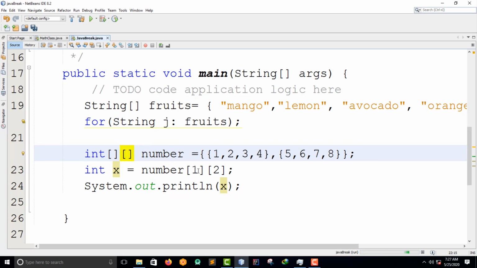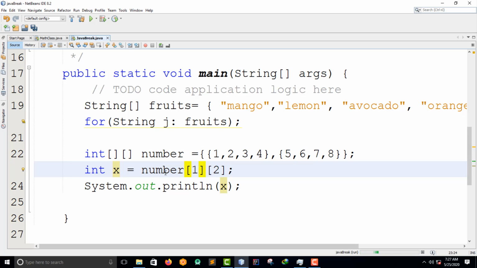So the first index here, I'm just specifying the index of an array. We have two arrays, and I'm specifying the index number of that array. The index of that array, which is 1, is this one, because this is 0 and this one is 1. So I said the second array, which is the actual number 1. If I say 0 here, I will be referring to this array, but if I say 1, I'm referring to this. If I had a third one, I'd say 2, and it would be that one.